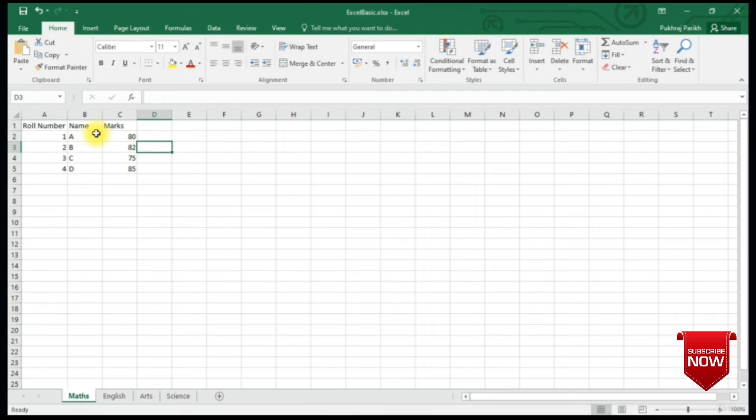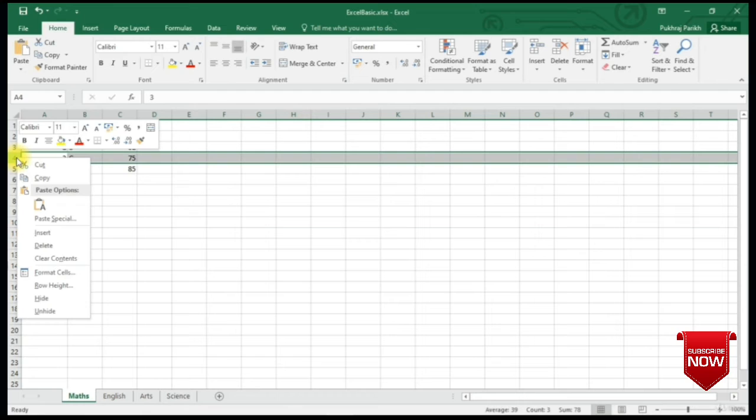Now let us learn how to delete data in rows and columns. Now deleting junk data in rows and columns is also very simple. We just need to select the row or the column we want to delete, right click on it and select the delete option. So if we want to delete the 4th row, that is the row containing data of student C, we will go to the 4th row, right click, and here you can see that there is a delete option. Below the delete option, there is also a clear contents option.